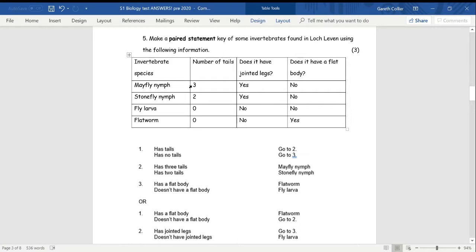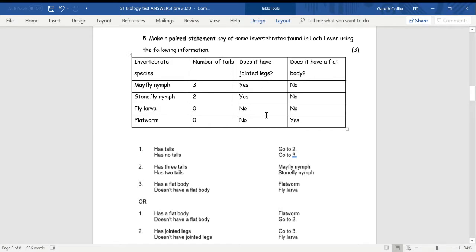And similarly with the stonefly nymph, you could do the same thing and identify it using just these first 2 questions. But if you were looking at, for example, a flatworm, you might say, well, it doesn't have a tail, so I don't know if I'm looking at a fly larvae or a flatworm. So you go to question 3,